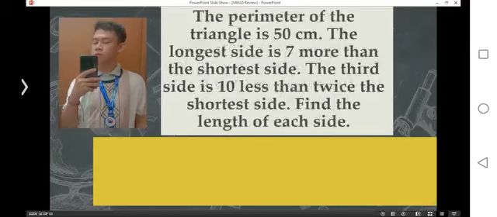Next problem. The perimeter of a triangle is 30 centimeters. The longest side is 5 more than the shortest side. The third side is 10 less than twice the shortest side. Find the length of each side. Here we'll unlock vocabularies. The first statement tells the perimeter of a triangle. When we talk about the perimeter, we are finding the total of the lengths of the sides of a given polygon, in this case, a triangle. Therefore, perimeter is